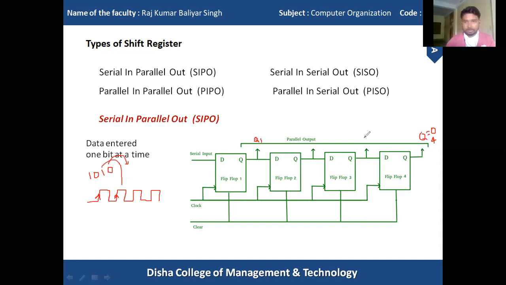At Q3, 1 will be collected, because the 1 is transferred from one flip flop to another flip flop. It is connected in series connection, and it is the shift